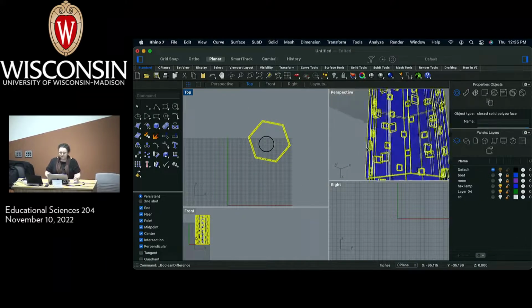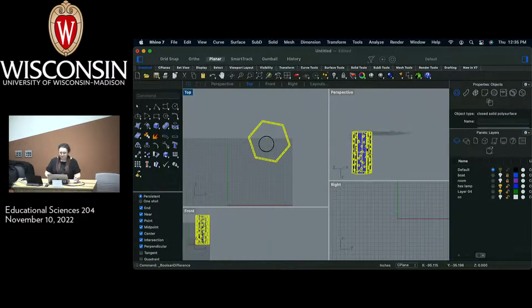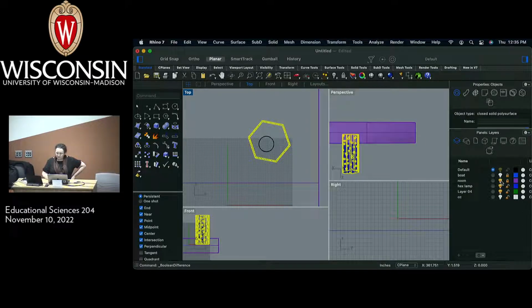But now you can see that basically this is what we get, right? It's this object with holes in it. And I think personally that it would be really cool to twist these objects with holes, but we might get to that next time. For now, we can just work with it as it is. So if I bring back the room and I bring back the boat,